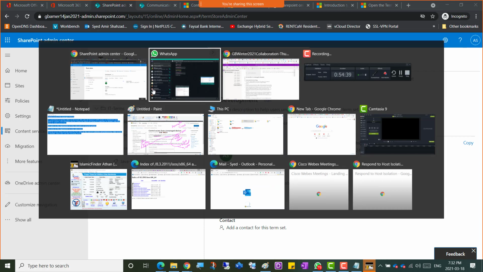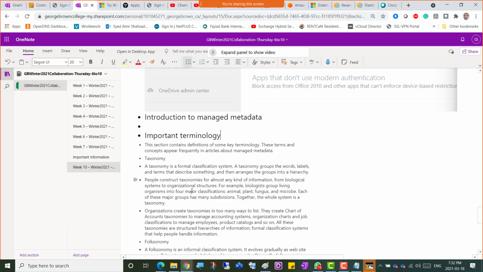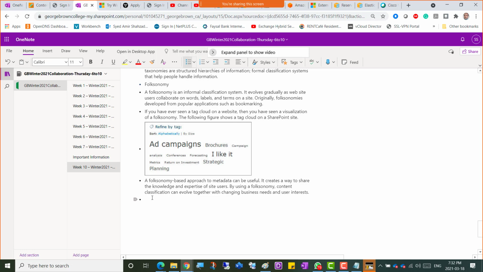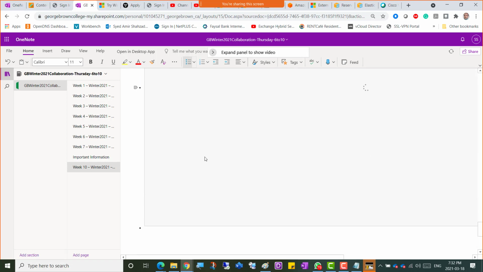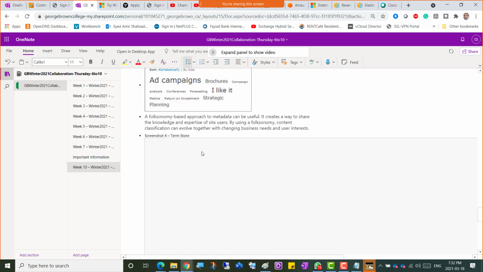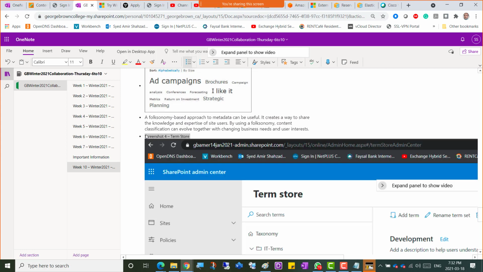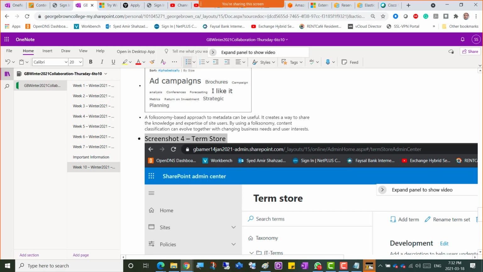So screenshot 4, term store. Do one screenshot for term store,